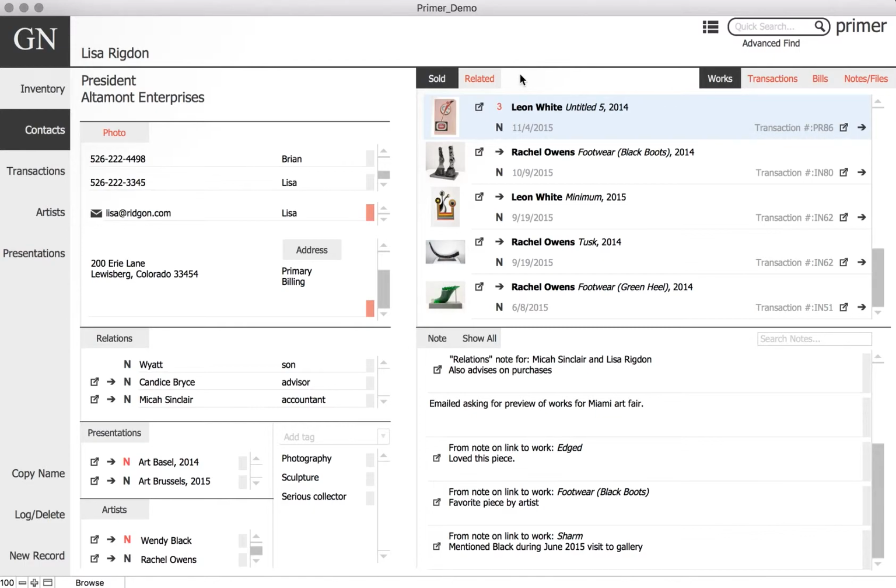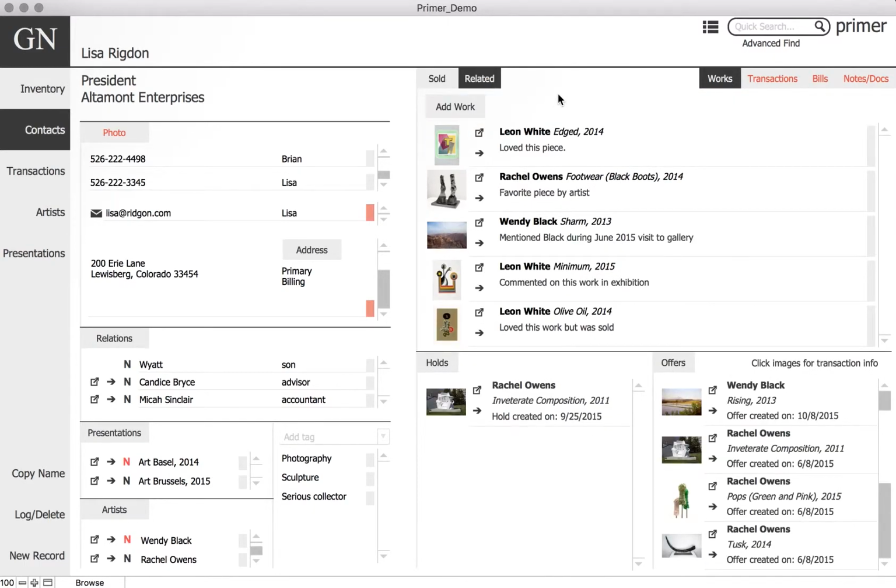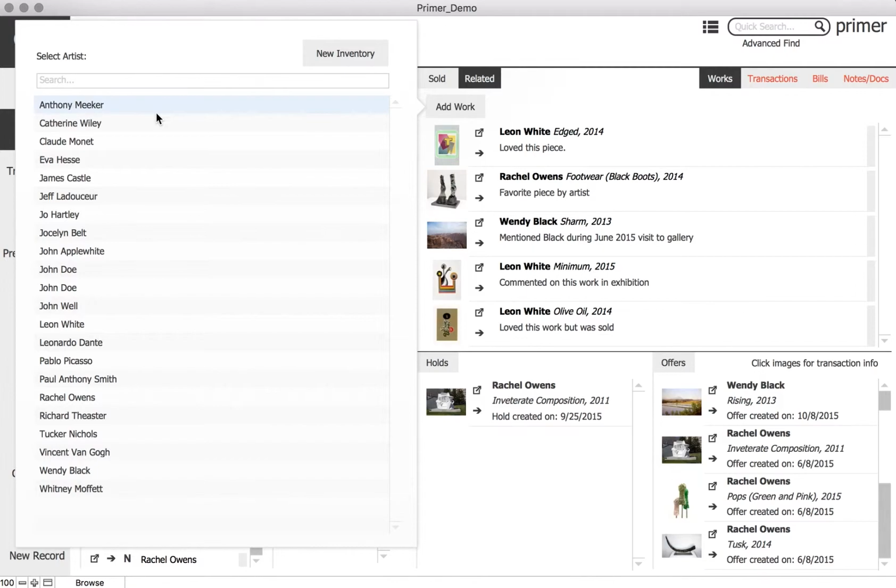You don't have to have a work be associated with a transaction to be associated with a contact. You can relate a contact to work for any miscellaneous reason. And that's what you see once we click the Related button in this top section. These are works that we've related to the contact in one of two ways. We've added the work here directly from the contact record,